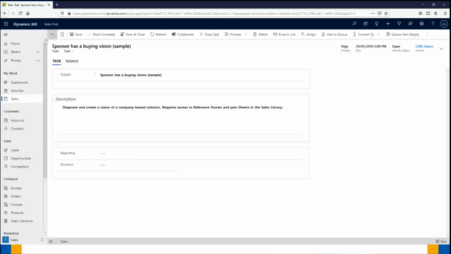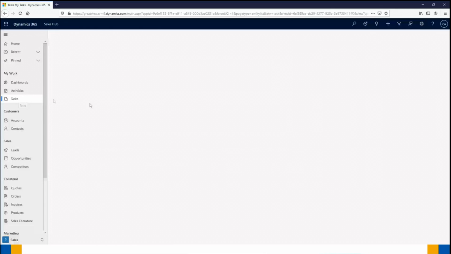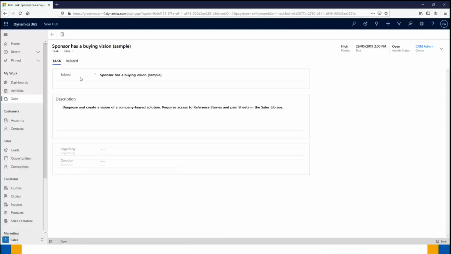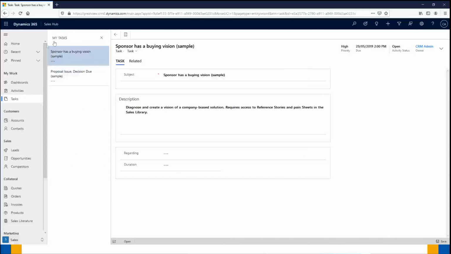The really good thing about that list as well is if I just go back to my task list, if we use the filter here again, so I'm going to put the high priority filter on again, and we go into the record, this section here will keep that filter for you as well and allow you to work through the list with that filter. So this can be particularly helpful with activities, and that's why in this case I've used tasks,